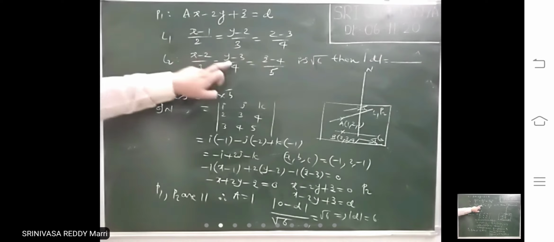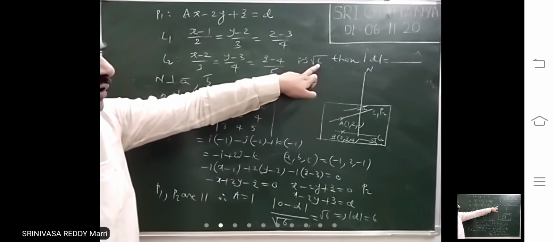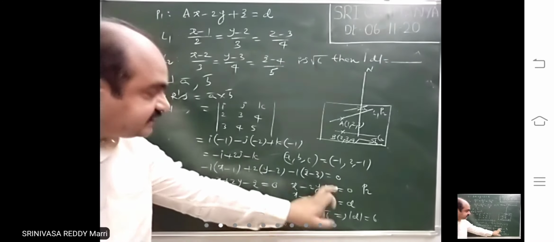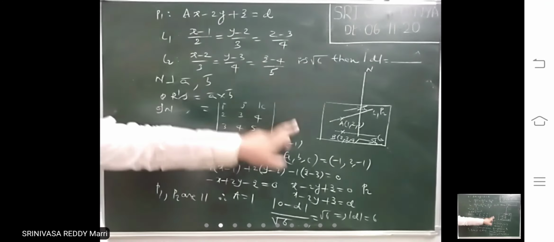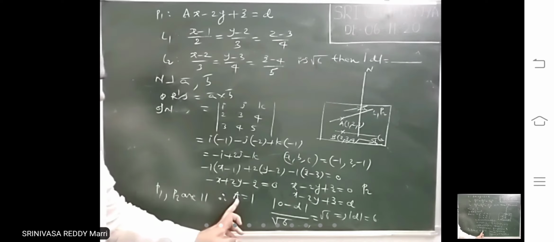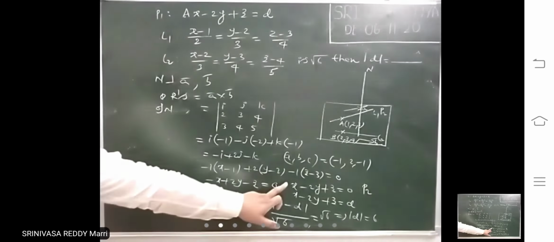Because if the distance between two planes is given, they will be parallel planes. Otherwise, there won't be any fixed distance. If you look at the plane, minus 2y plus z is there. That means these two planes are parallel planes, so a must be 1. Like that, if planes are parallel, this is how to find the distance between parallel planes.